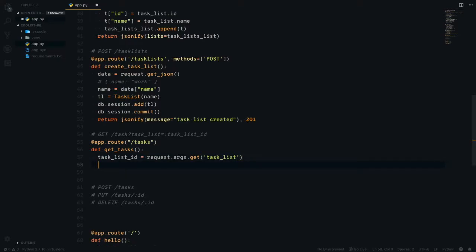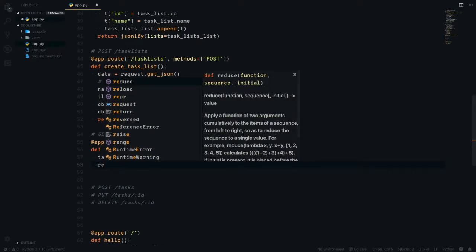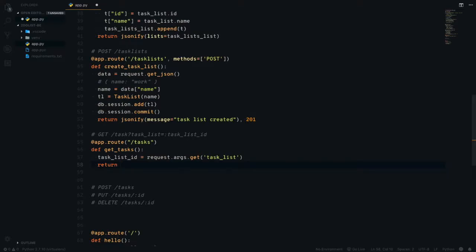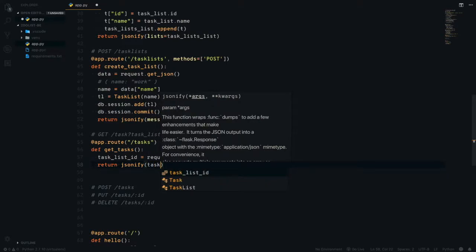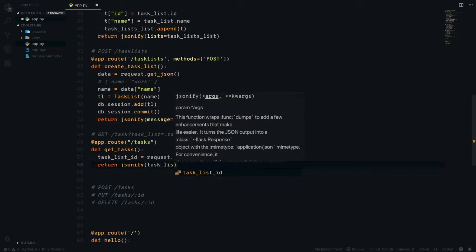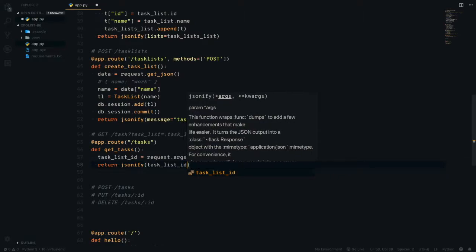For now, we will just try returning this argument and seeing whether it is able to parse it. So we'll return jsonify task list ID is equal to task list ID,